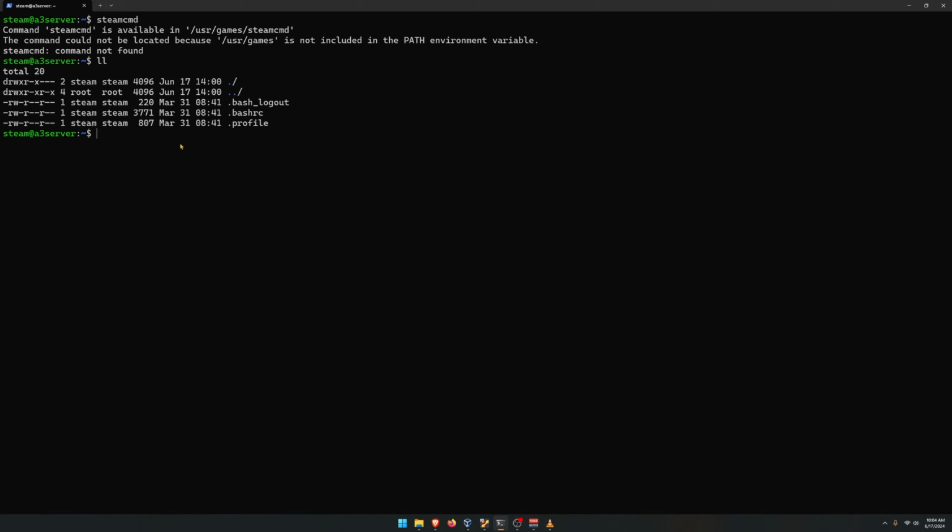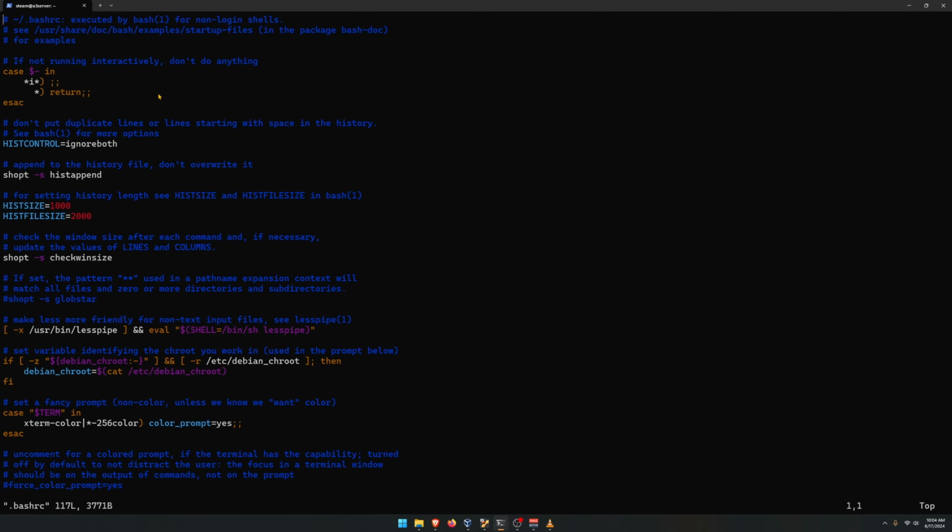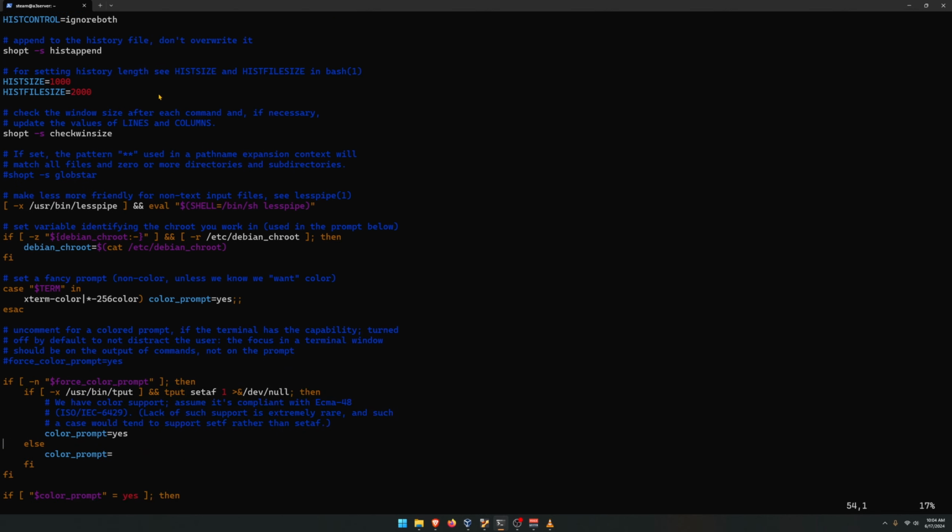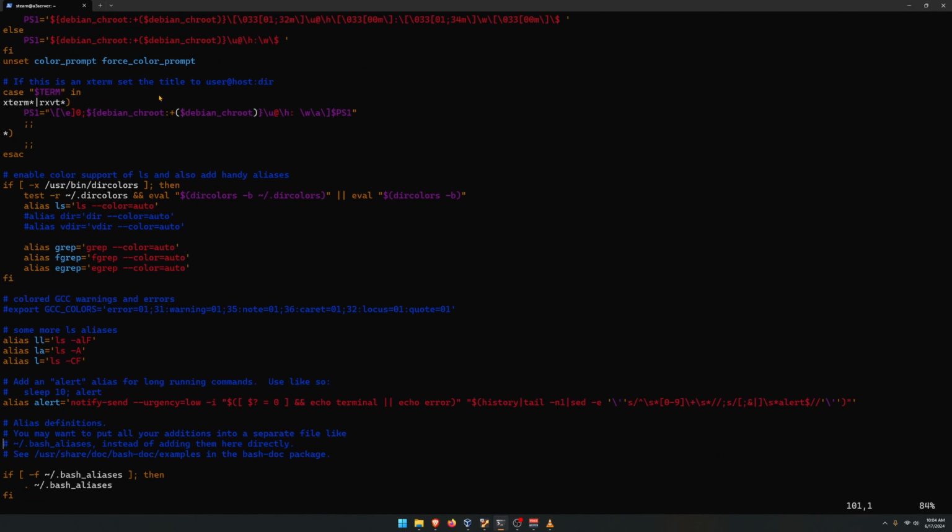And we can do that by opening up your favorite text editor and modifying the .bashrc file. So here's the .bashrc file. All we need to do is scroll down to the bottom here